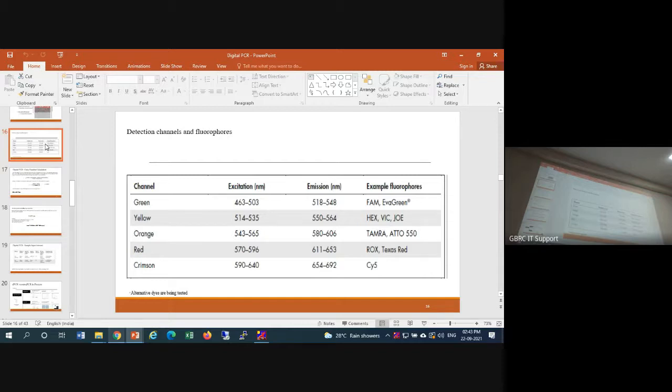So I will select, say, Tamra for chikungunya, and for malaria I am selecting Cy5. I will give my sequence and say I want FAM here. For this sequence, I want to use this fluorophore, and for this one, this. Then you prepare your reaction mix. You put everything inside: all 6 primers for 3 targets, all 3 probe sequences. And then you do the amplification, and you will see the readout in 3 different formats, 3 different channels. So that is the multiplexing.